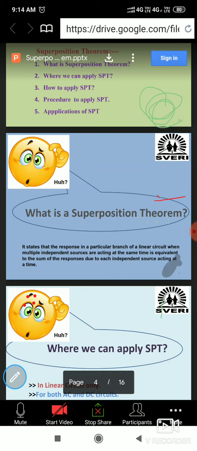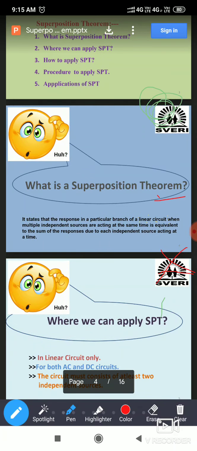If we apply a voltage across these elements and find the current passing through them, and with the help of the voltage across the element and the current through the element we plot the graph, then that graph will look linear, passing through the origin. That's why these elements are called linear elements. Therefore, the circuit consisting of these linear elements is called a linear circuit or linear network.